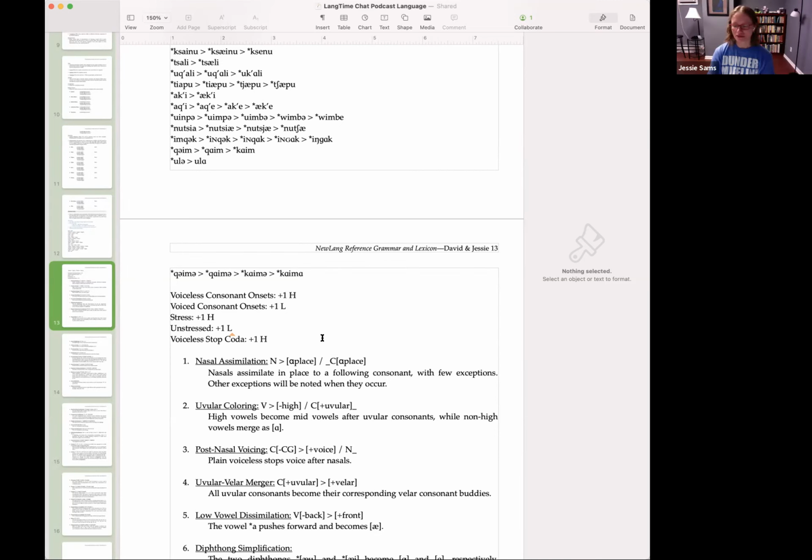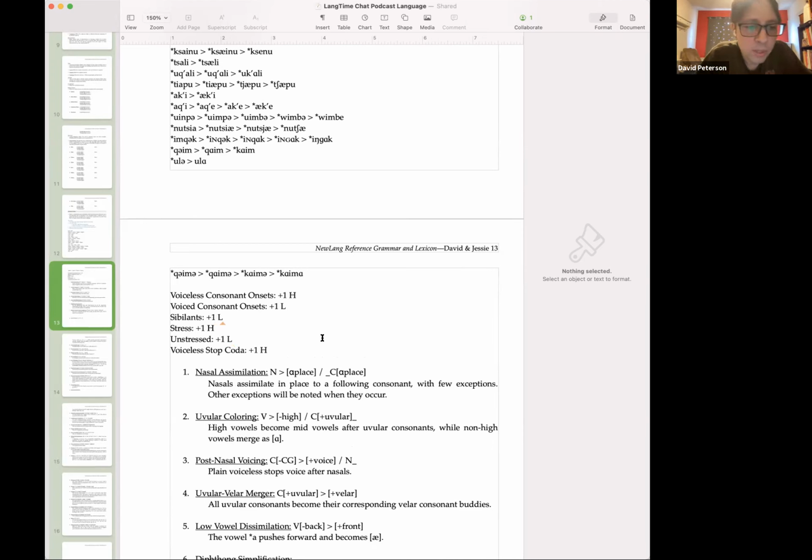What's more important is, oh right, the tone thing. Okay, so the tone. I wrote up some rules for the tone thing, so I have some potential things there to allow us to tally up. What I've got right now is, wait, that's right. Okay, how about this? Voiceless consonants are going to give us +1 high. Voiced consonants, these are onsets, are going to give us +1 low.